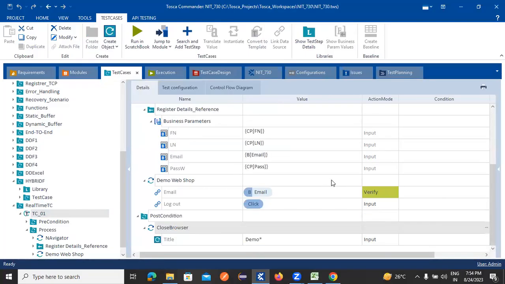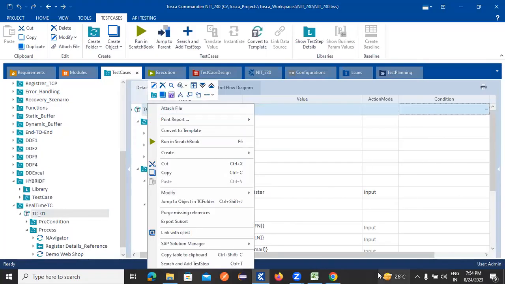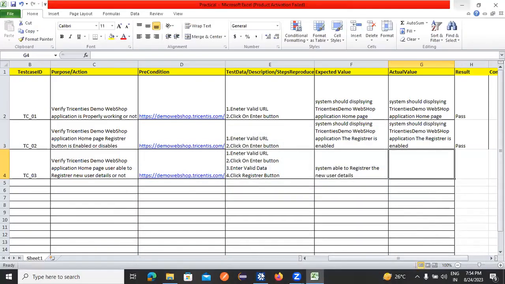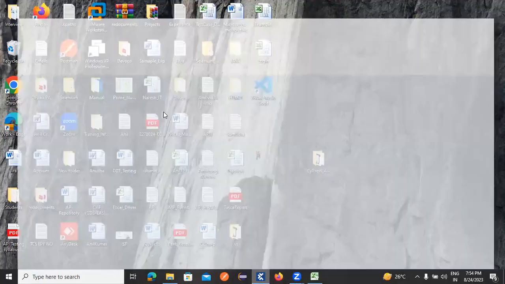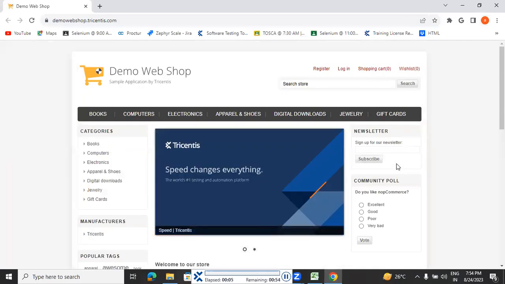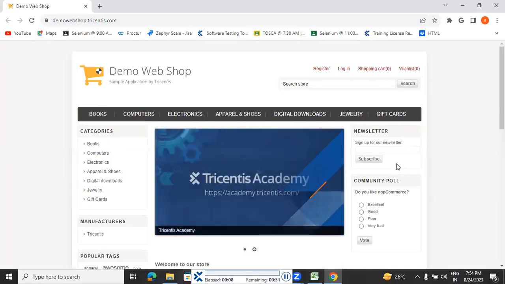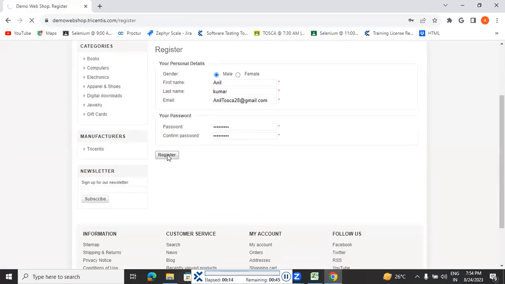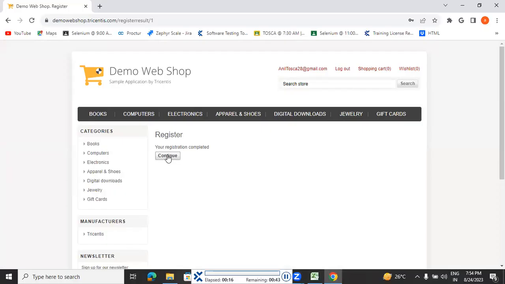and here I just need to right click here before execute. I need to close everything, and here now I will execute. Right click here, run in Scratch, and click on the registered and enter the data, and click on the registered. Okay, click on the registered,